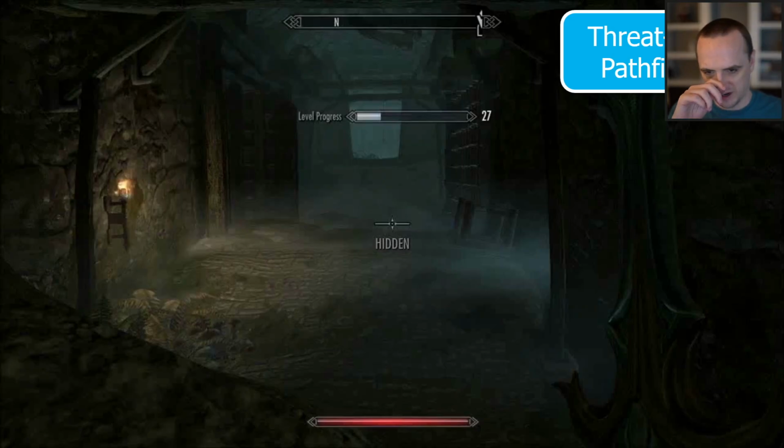The next example that I have, I'm calling threat-aware pathfinding. My webcam is kind of covering up the top right here. But this is an example from Skyrim, and Skyrim has some notoriously funny AI in it. In this example, the character is hidden, and they're going to be walking through this dungeon, and they move past this trap. And then you might be able to hear in the back some enemy saying, oh, what's that? And so the enemy reacts to a sound that the player made, and then the NPC is going to try and investigate. This enemy lives in this dungeon, but the pathfinding produces some pretty funny results.